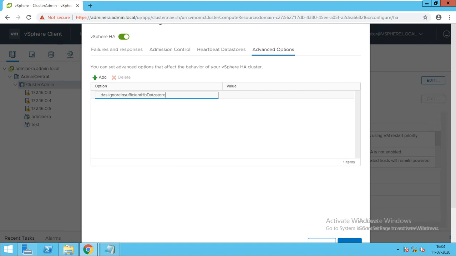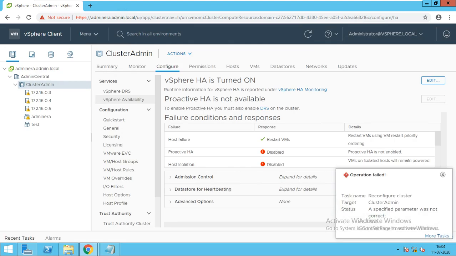Just paste it and check there should not be any space, and the value should be true. After making the value true, just click OK. Now it is saying reconfigure cluster. Okay, so what we do is done.